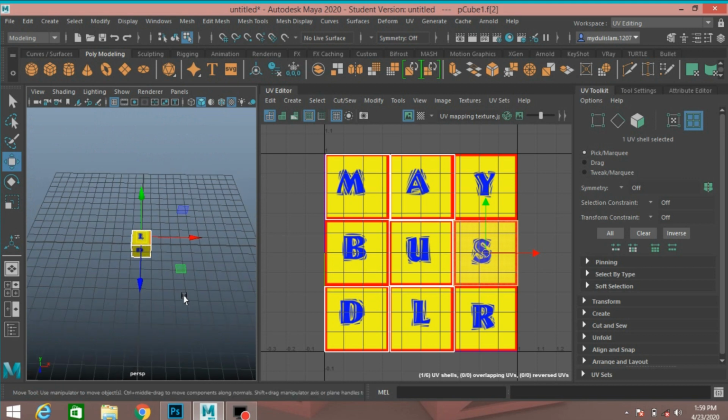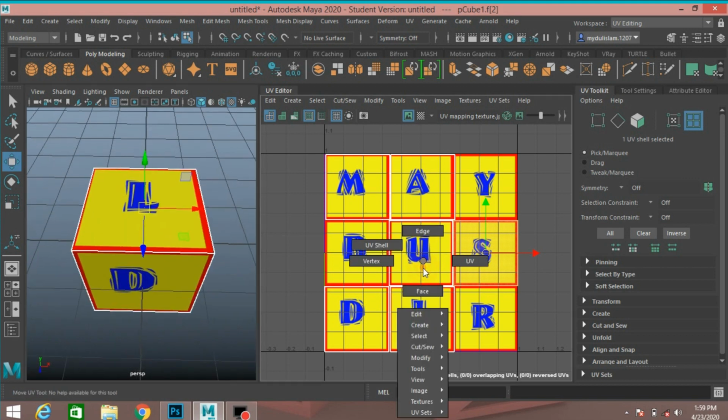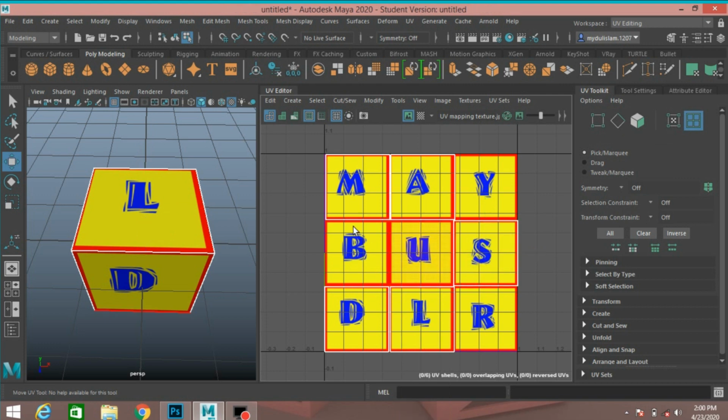So when you right click here and go to UV shell, this will make all the 6 UVs separate and you can move them as you like.